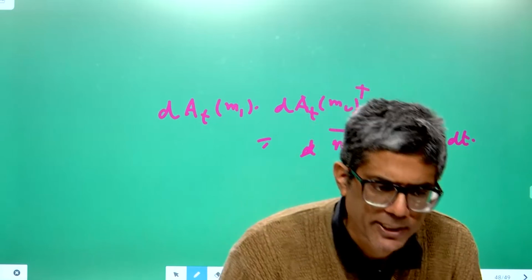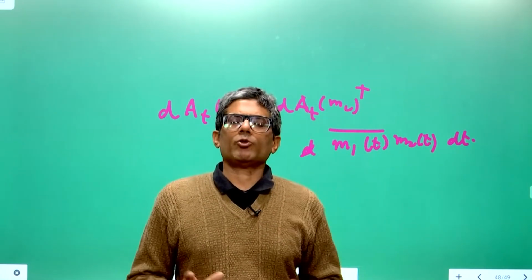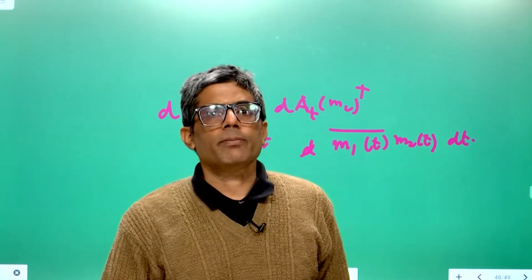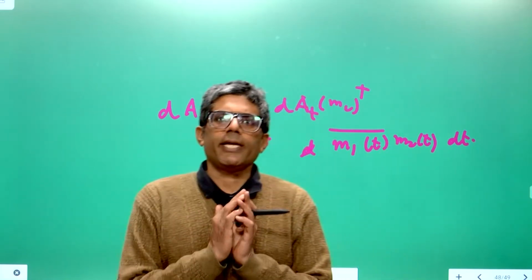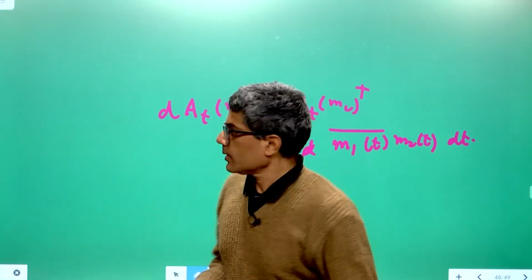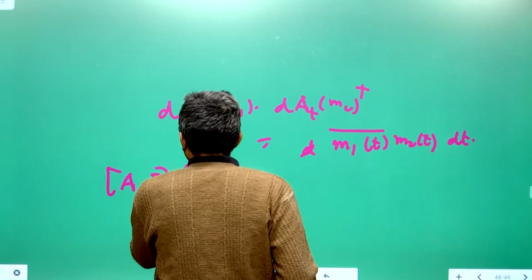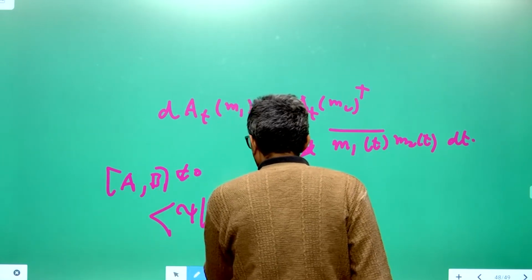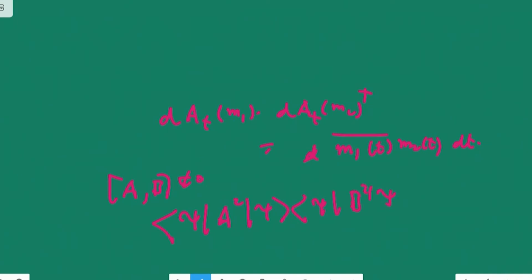commutation relations between operators. You see, Heisenberg's uncertainty principle states that if two observables don't commute with each other, then they are not simultaneously measurable. That means you cannot assign a joint probability distribution for these two observables in any state. That is, no matter how, if two observables don't commute, say A and B don't commute, then the commutator [A, B] is not 0. Then what will happen is, if you take the variance of A in a given state and